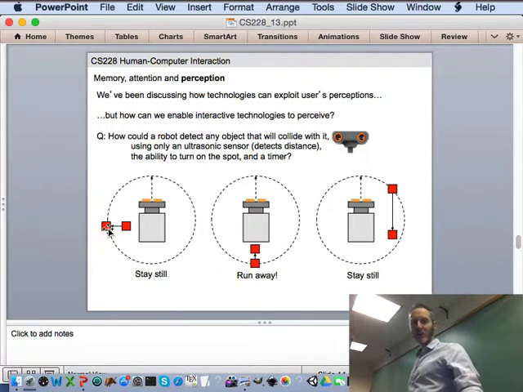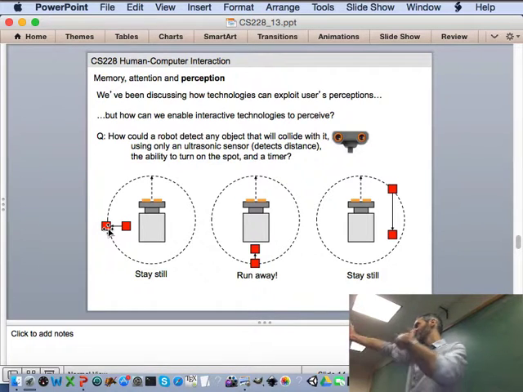In this little cartoon here, let's imagine that there is only a single moving object in its environment. So if it doesn't see the object, the sensor returns 2 feet. If it turns and it sees the object, it returns a single number, which is how far from that sensor